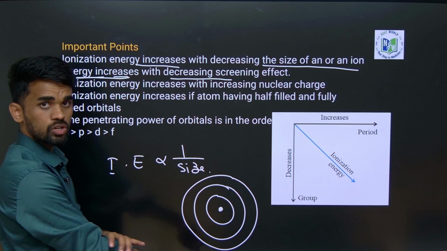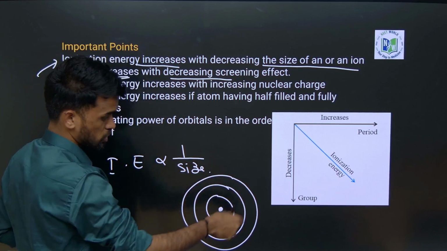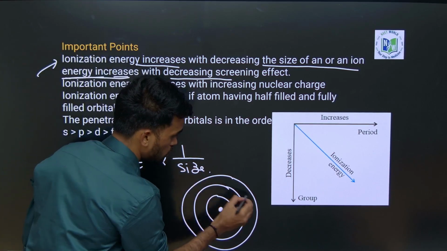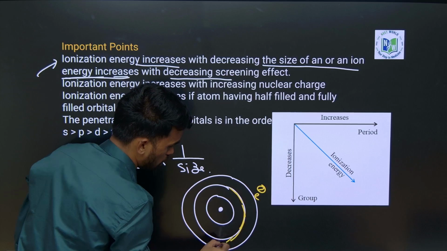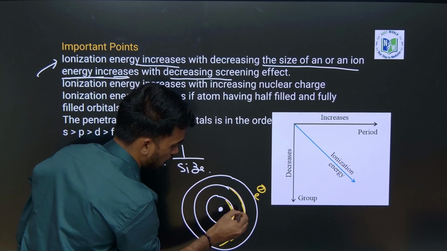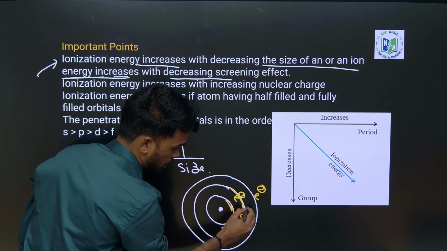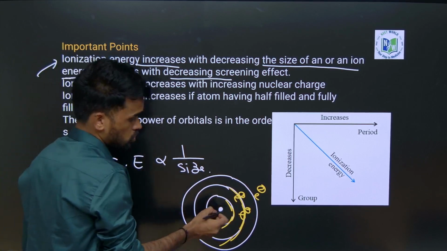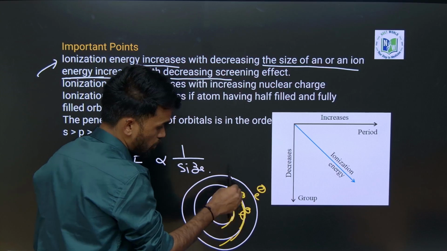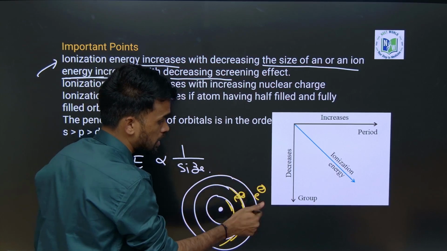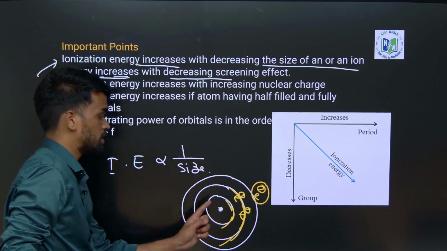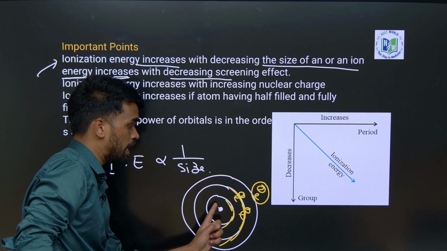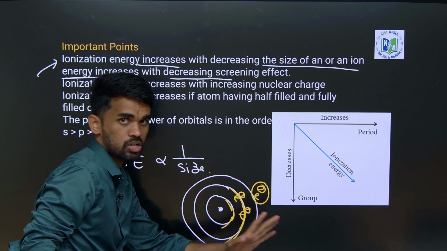So this is the valency shell, the valency electron we have. Now these are the inner electron clouds, we can say. If these inner electrons, present inside the shells, are acting as a shield between the nucleus and the electron, see, this nucleus should show its nuclear force of attraction on all these electrons, right?